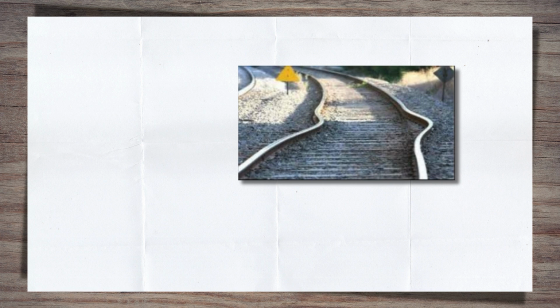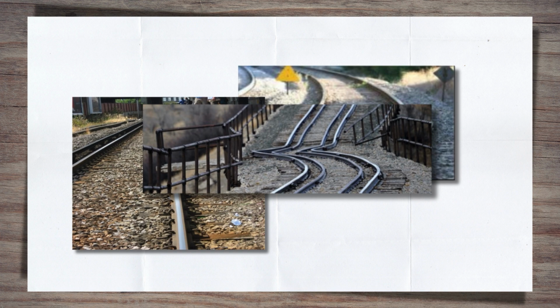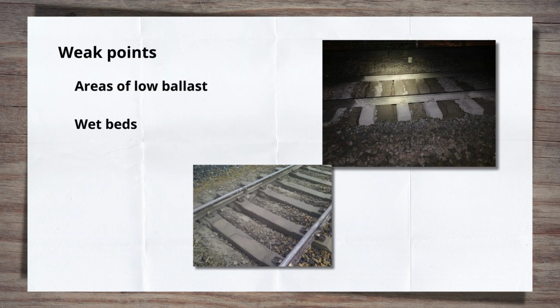However, sometimes these design features do not succeed. The compressive forces are very good at finding the weak point in the track construction and exploiting it to move the track, releasing the compressive forces and creating a track buckle. The weak points could be areas of low ballast, wet beds where the ballast isn't fully around the sleepers, areas